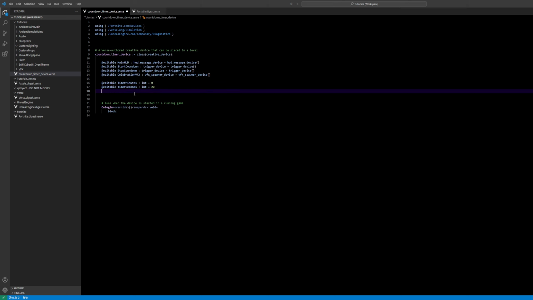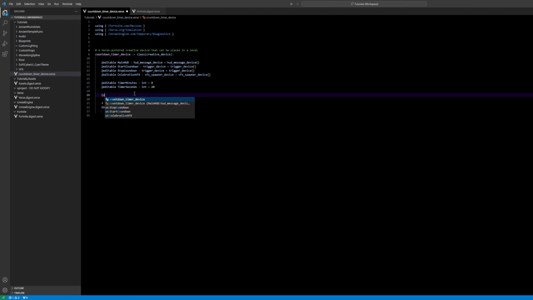And to display everything on the hood as it's set in the documentation, we need to add an extra line here. Let's call it countdown timer to UI. This is my name. You can name it as you like. Okay, now it's